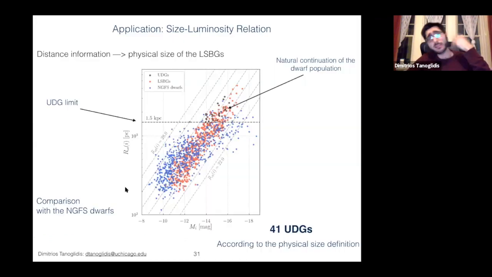And an application, as I said, is that this process allows you to get some distance information by assuming that everything in projection is actually at the same distance as the galaxy cluster. You can get the physical sizes of the LSBGs by knowing their distance and construct a size-luminosity relationship. So physical size in parsecs versus the absolute magnitude of these galaxies,